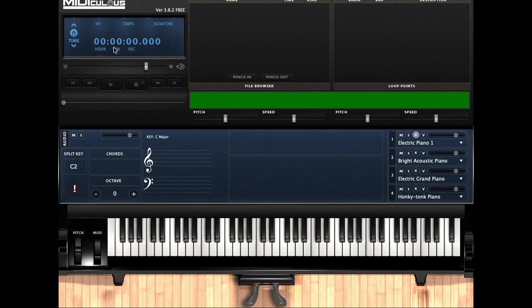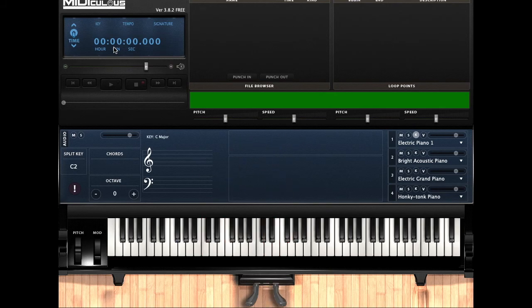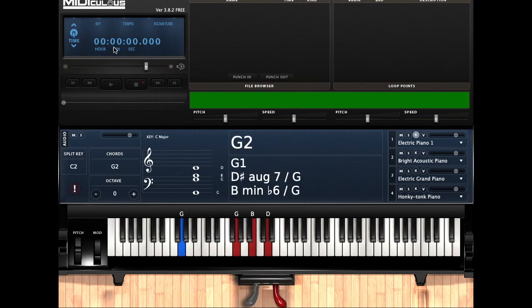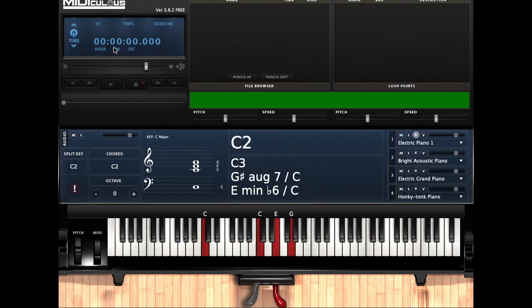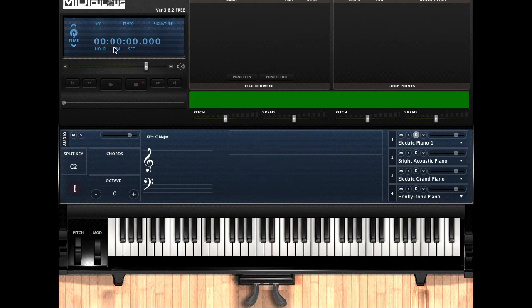Now let's do it a little different. We're going to do every 2. So 1, 2, 3, 4, then 1, 2, 1, 2. When you have your metronome, do the same thing until you can get to